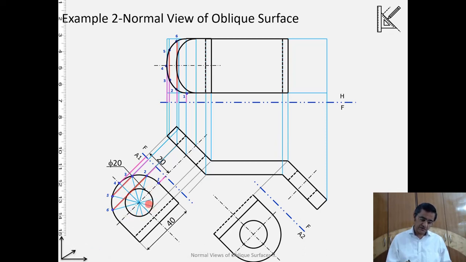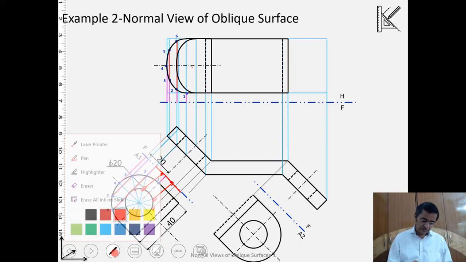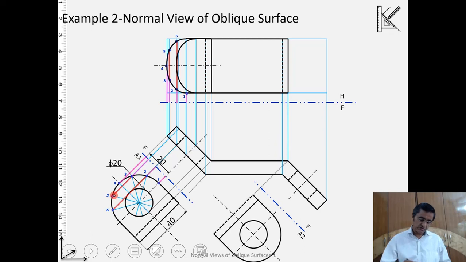As the division has been done, corresponding to each of these points I will be taking the projectors. Say first I take the projectors to the top face, and then from the top face I will take it to the horizontal plane, and then I will measure the distances to these points from the hinge line, say these distances, and apply these onto the horizontal, and that is how we will create the projection of the circle onto the horizontal. And right now we are doing it for the top face.